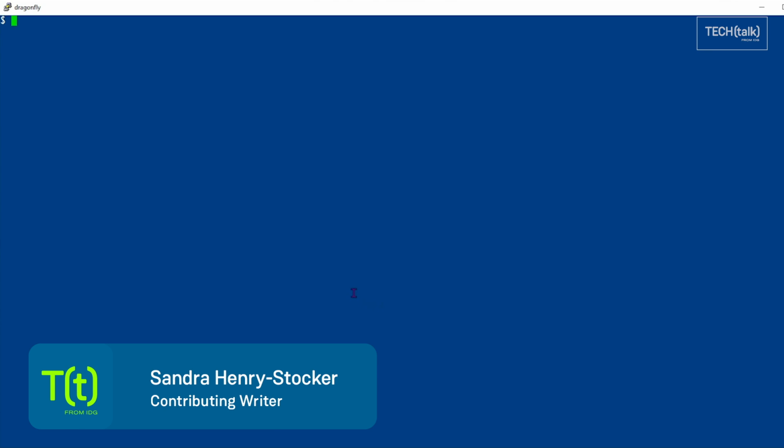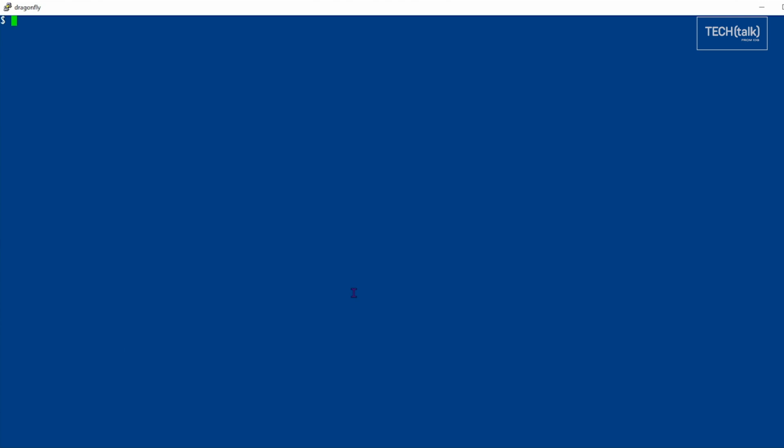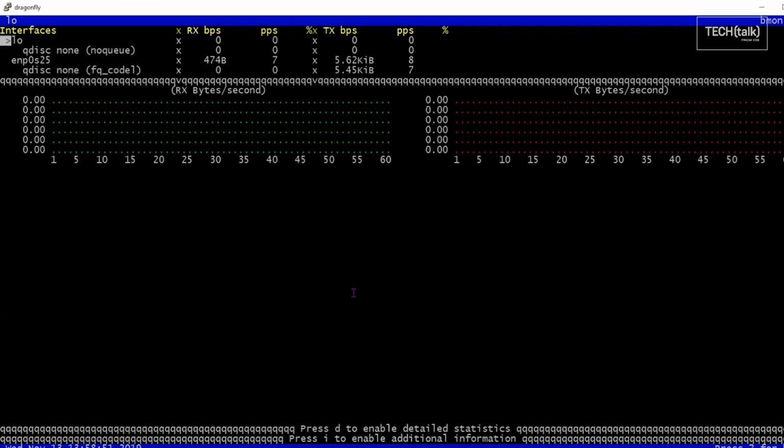In this Linux tip, we're going to look at Beamon. It's a graphical tool for looking at network bandwidth. You simply type Beamon to start it. Now, how much data you're going to see depends very much on how large the screen is. This screen is something like 140 columns by 43 rows, so I have quite a bit of room.